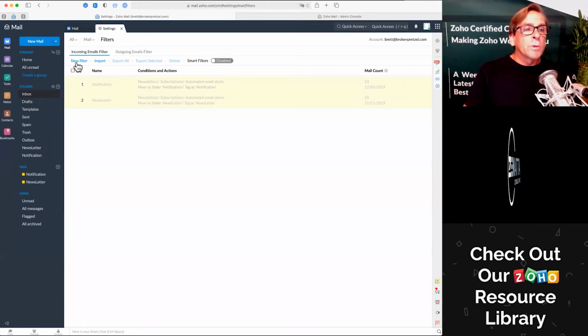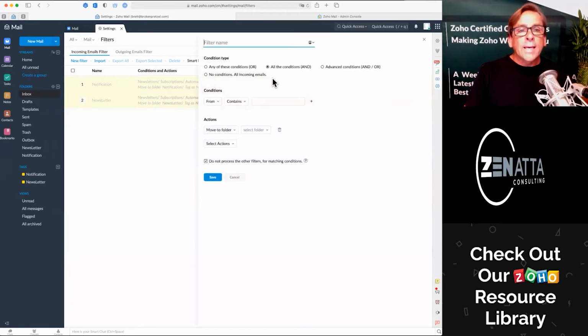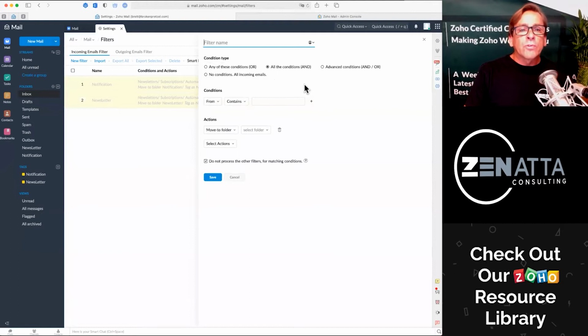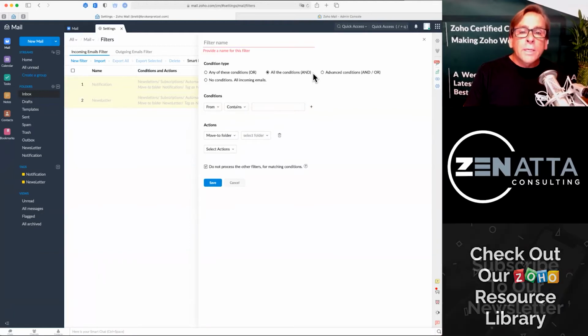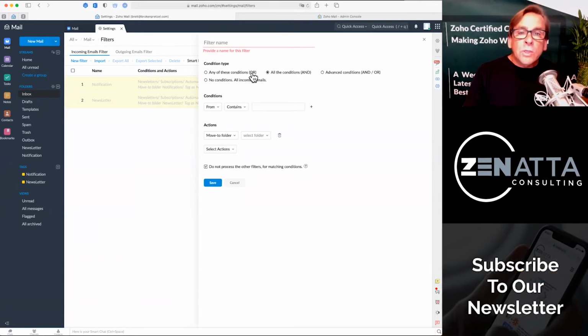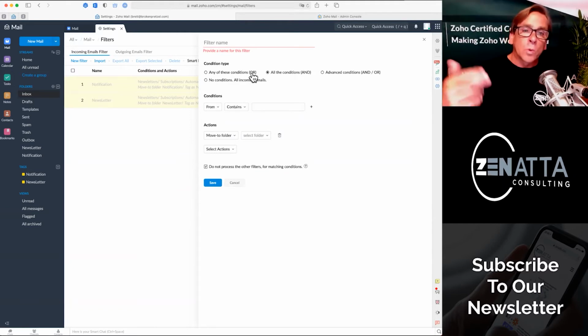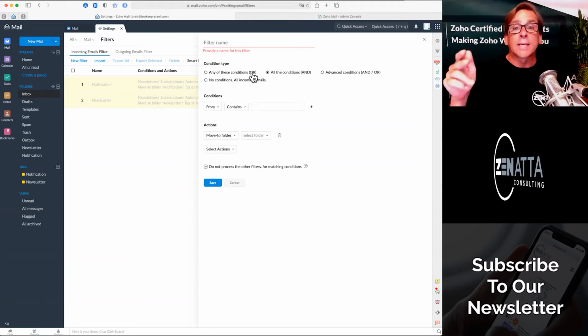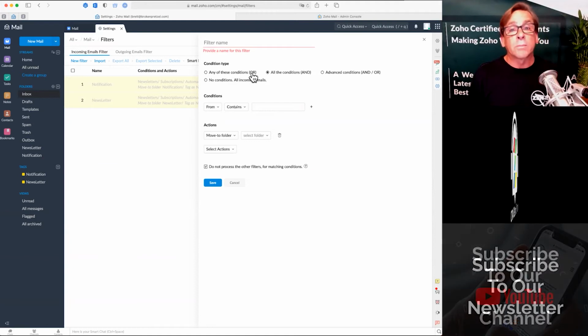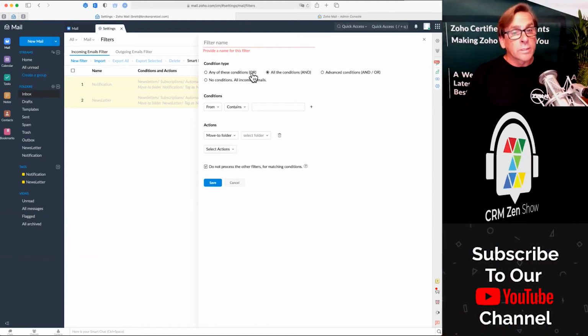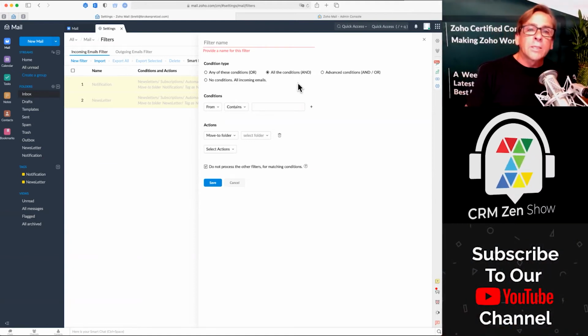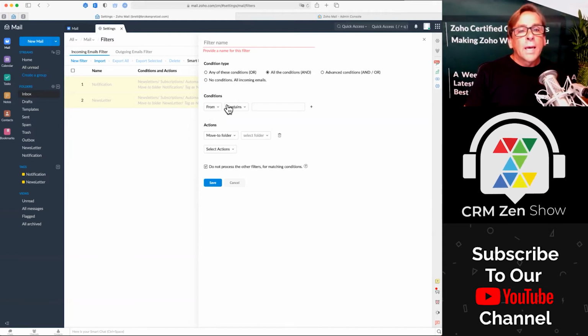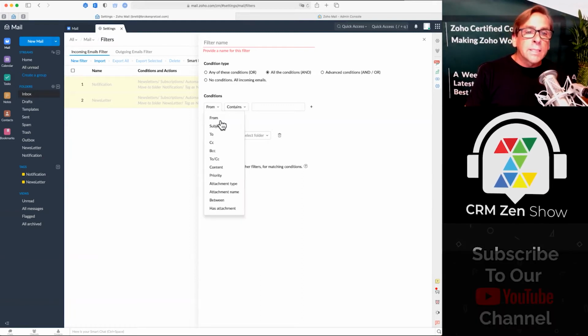So let's do that. I'm going to create a new filter, and it's interesting how you can set these up. I can say all of the conditions, or any of these conditions, which is if it's this or this, as opposed to it has to be this and this and this. In this case, I'm just going to do a very simple one. I'm going to say that the subject